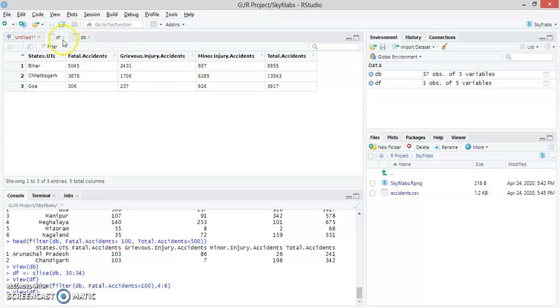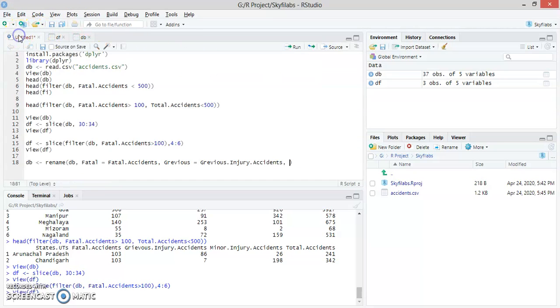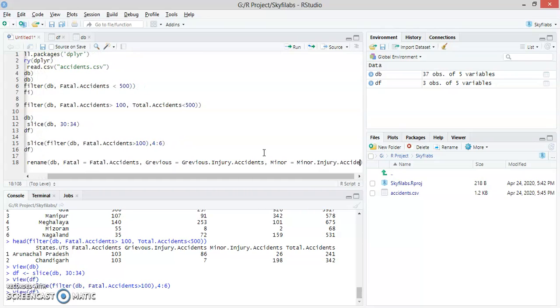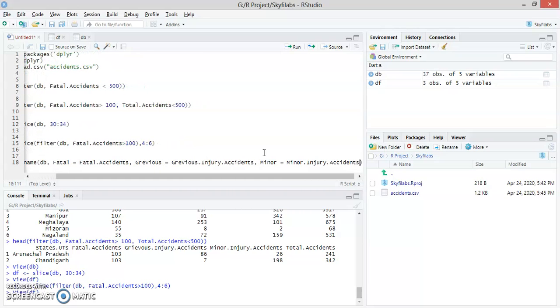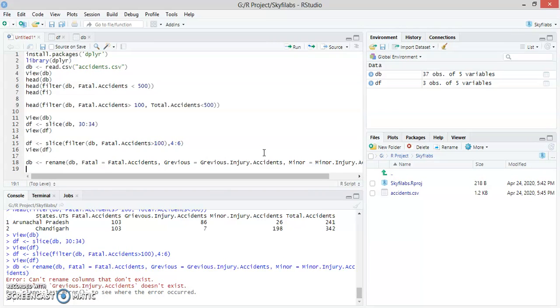Then the next column is minor injury accidents, so minor for this. Okay, we have made some mistake in the spelling.